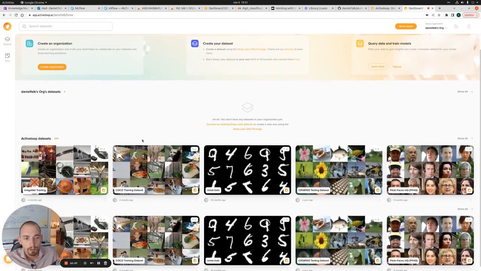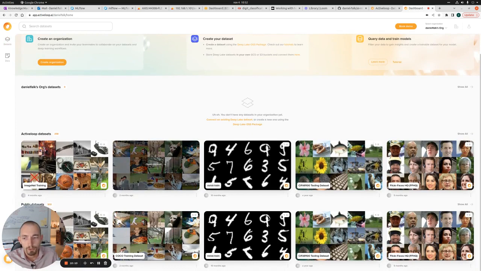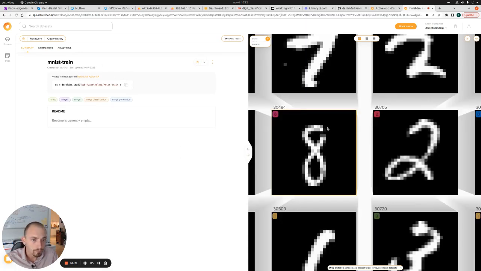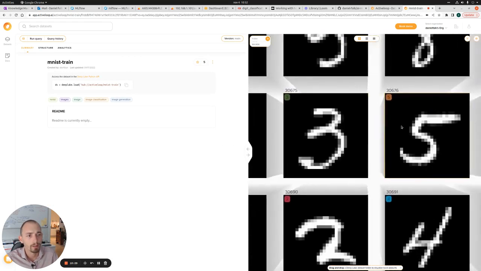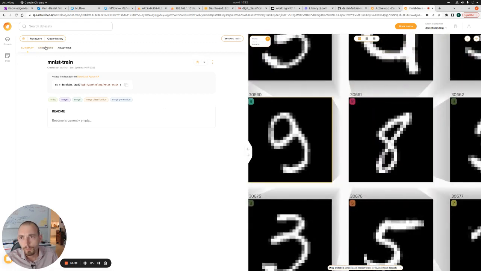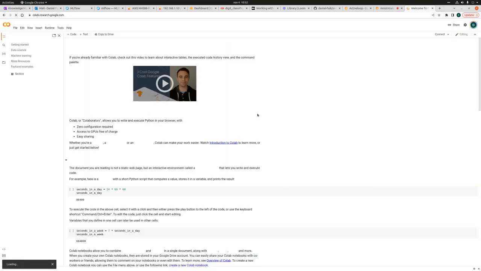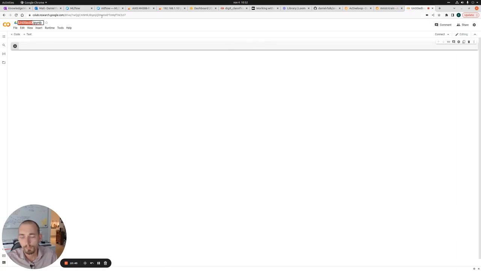So let's continue to our example of actually using this dataset in your Python code. We're going to start with using MNIST. This is, of course, digits, where we have a classification of what digit is in the image. So I'm going to open a new tab, open Google Colab, and create a new notebook. I'm going to name it